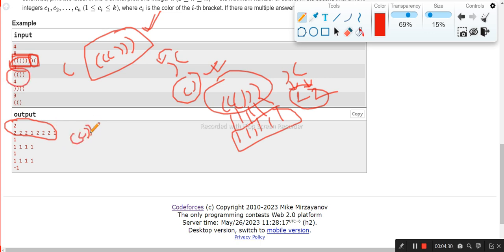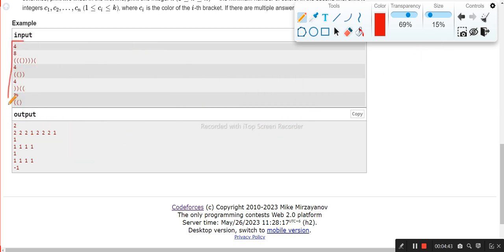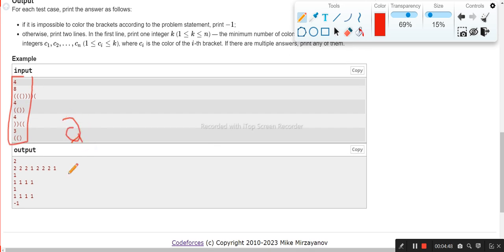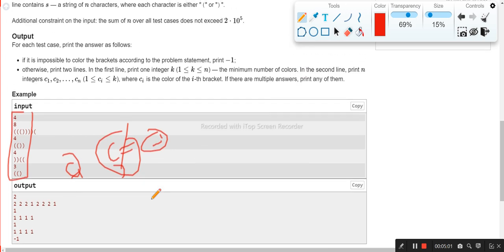Okay, then go to this example. This is already a regular bracket sequence, so you can just color it in one color. This is also a regular bracket sequence if you reverse it, and this is not possible. So from this sample test case you can say that when my answer is -1: if the number of opening brackets and the number of closing brackets are not equal, then the answer is -1. Otherwise, the answer is always possible. So first of all we will handle this,